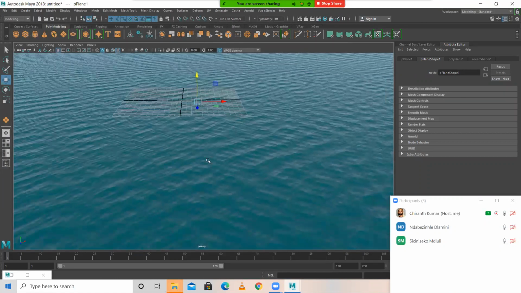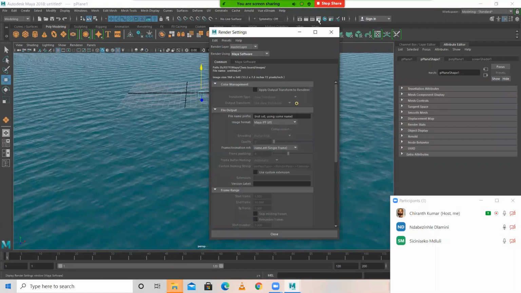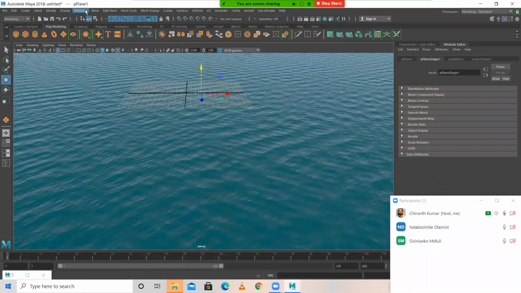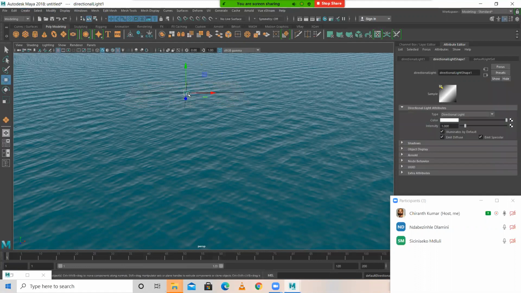Try render using Maya software. It works with Maya software. Oh, it works. I'm just wondering about Arnold. You can choose any production quality or anything. You should have a light. I haven't created any light yet. Either way, you can create any light. You can create some directional light or anything. But anyhow, lighting, we will see later separately. But I'm just showing how we can achieve this.